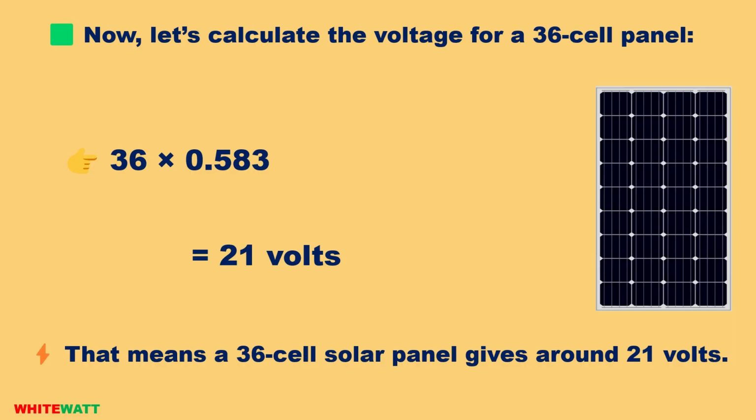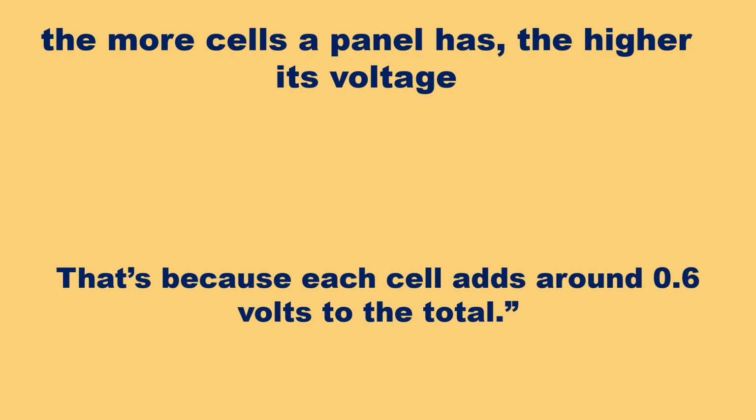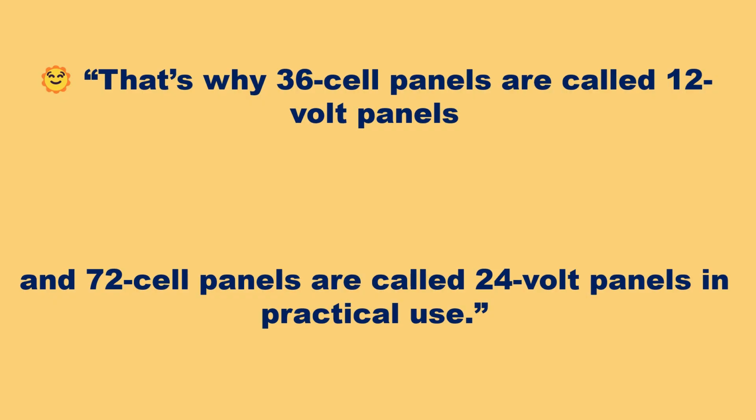In other words, the more cells a panel has, the higher its voltage. That's because each cell adds around 0.6 volts to the total. That's why 36 cell panels are called 12 volt panels and 72 cell panels are called 24 volt panels in